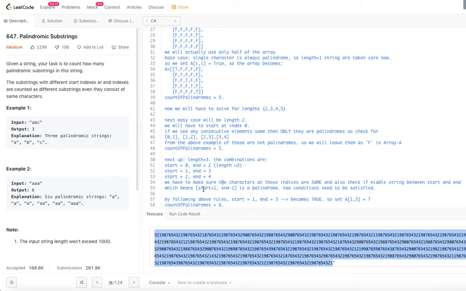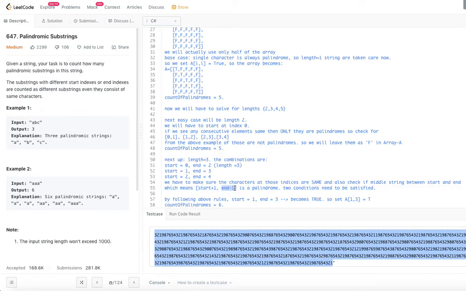If you have start something and end something, start plus 1 and end minus 1 is in between start and end. So if you want to see whether the string in between is also a palindrome, we need to check start plus 1 and end minus 1.